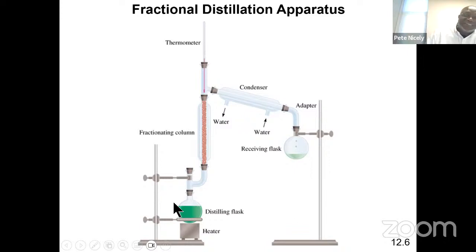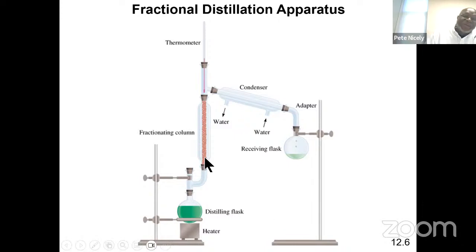And the way this works is when you heat your mixture right here, the vapor that emerges will have a mixture of the two components. Let's assume that we have two components here. The vapor above will have a mixture of two components. As it moves up here, it condenses. And when it condenses, more vapor will be moving up because the heating here will be continuous, and it will heat the mixture that is condensing here. Now the vapors resulting from that heating will have more of the lower boiling point component in the